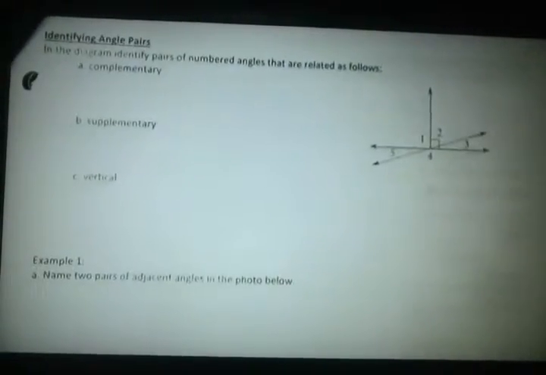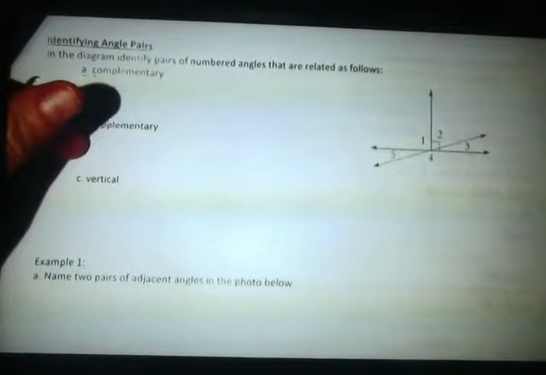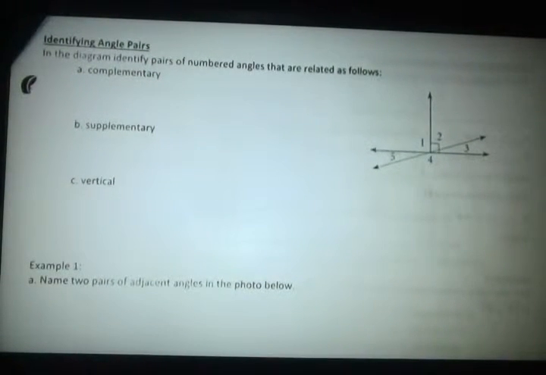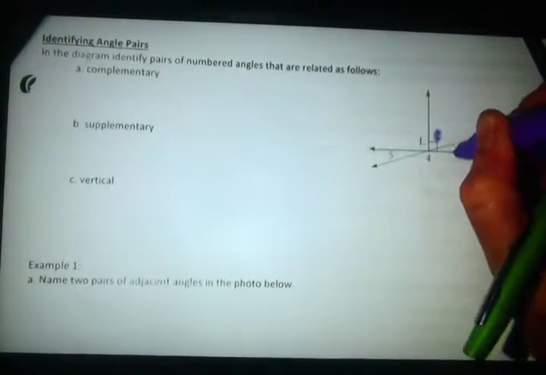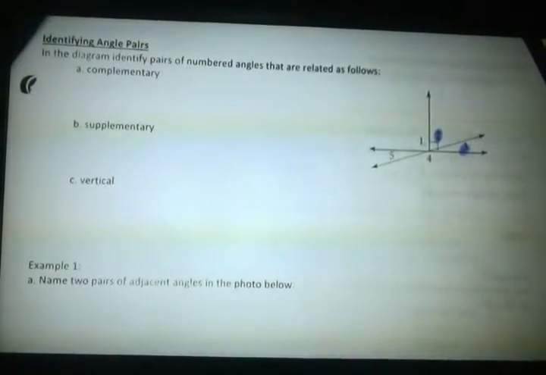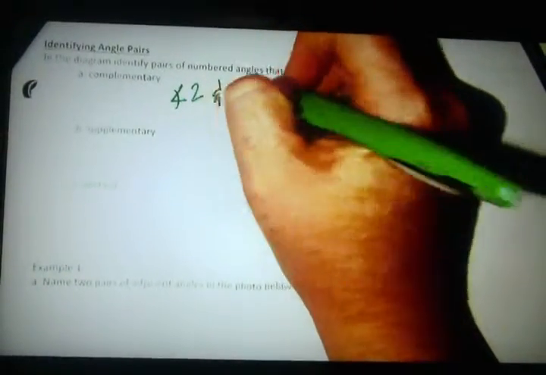So, identifying angle pairs. In the diagram, identify pairs of numbered angles that are related as follows. So we're going to find some complementary angles, supplementary angles, and some vertical angles. Okay, complementary means they have to add up to 90 degrees. Right, so that's easy to see. Over here, 90 degrees. 2 and 3, those are complementary. Okay? Angle 2 and angle 3. If you see another one, there is another pair, but we will talk about that once we talk about vertical,